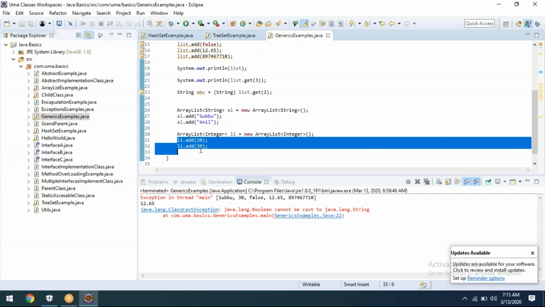And there is one more thing called a queue. I told you as of now no one is using queue, hence we don't want to learn it. Now queue, set, list, these things are directly implemented from the collection.